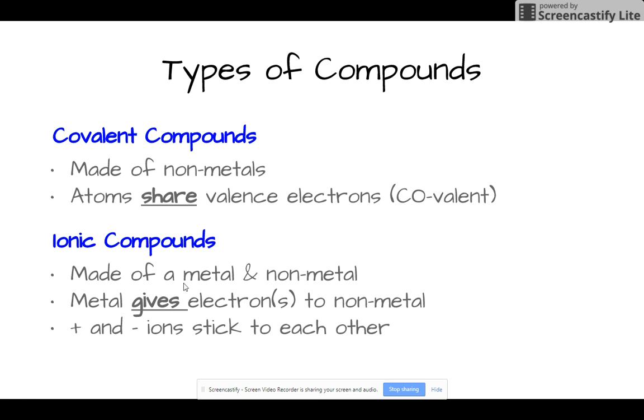Versus ionic compounds, which are made of metals and nonmetals. When you have metals and nonmetals, metals like to give up their electrons. Nonmetal